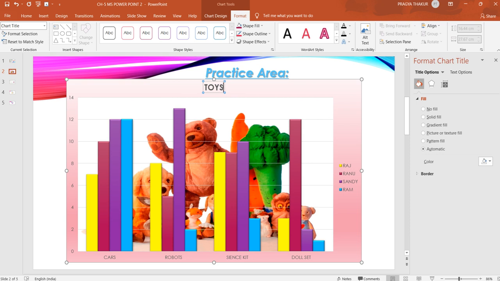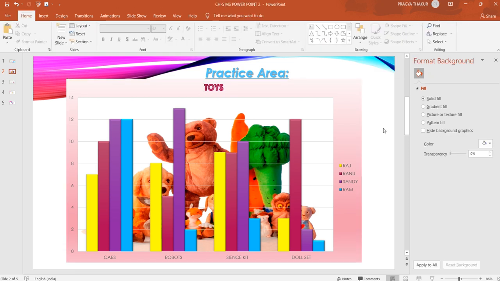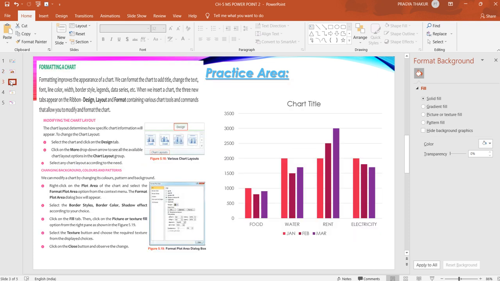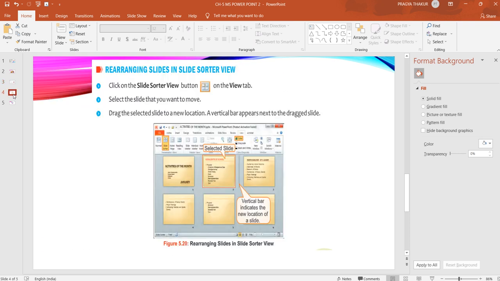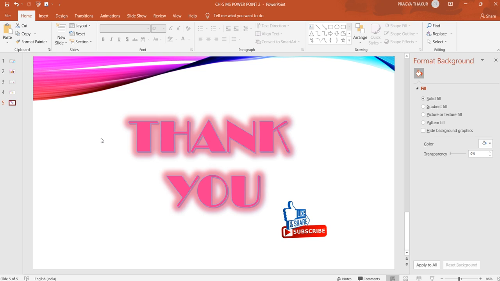You just need to click on the title, select this thing. If you want, you can apply any type of effect there. Shape outline you can use. Shape means these format effects you can use from here also. So if you want, you can format your chart here. Okay children, so this is how we can use a chart here in our slide. So that's all about inserting a chart and formatting a chart in our PowerPoint presentation.